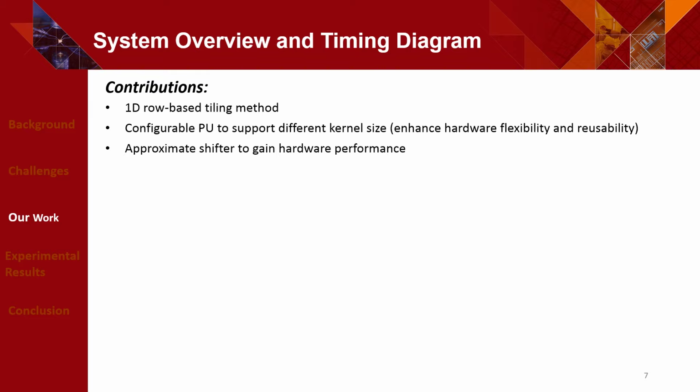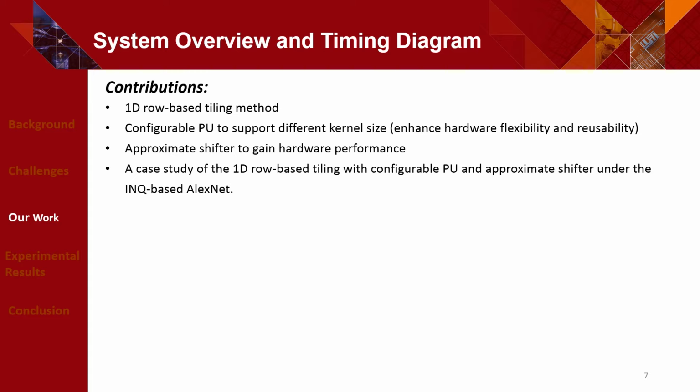And as mentioned in the INQ weight quantization, shifters can be used. However, when there are a lot of shifters and the shifter is based on a lookup table, then we need a trick to reduce the lookup table usage in order to ease a little bit of routing congestion and gain hardware performance. So a case study of 1D row-based tiling with a configurable PU and also the approximate shifter is